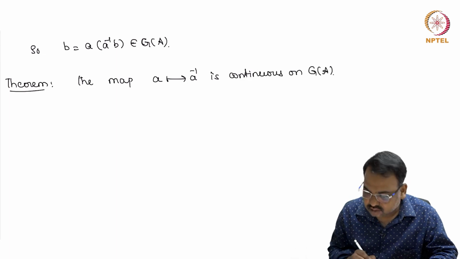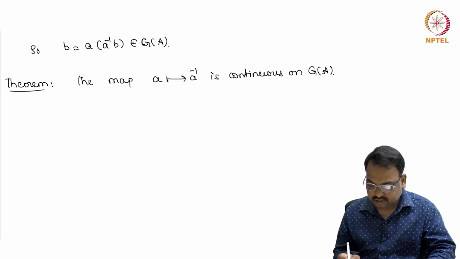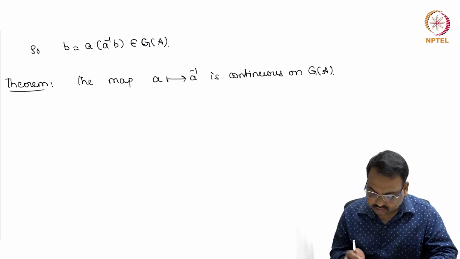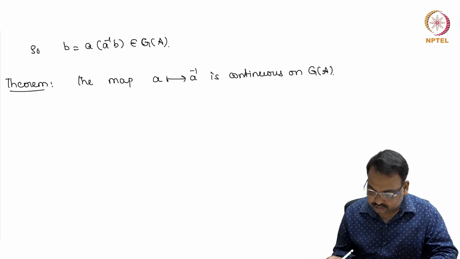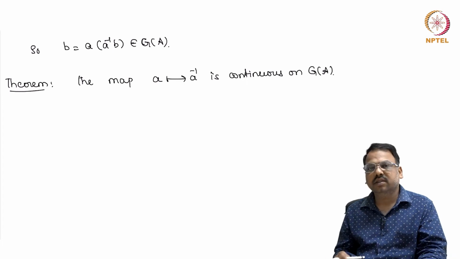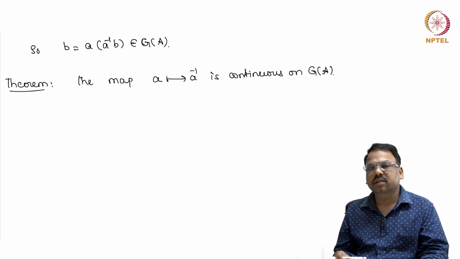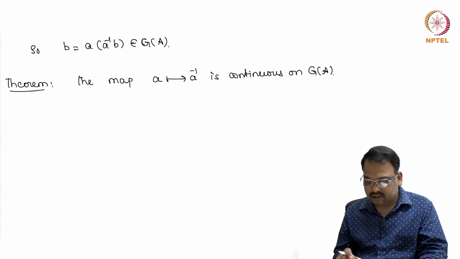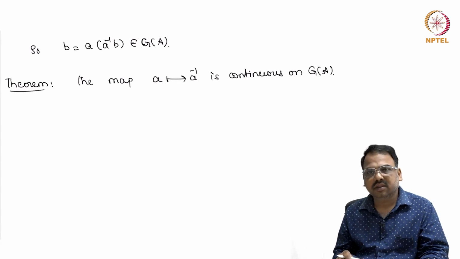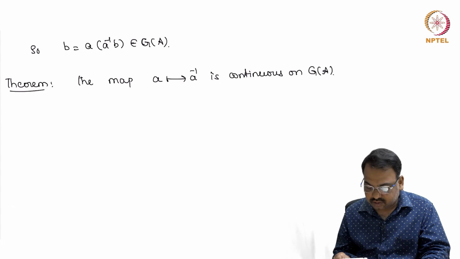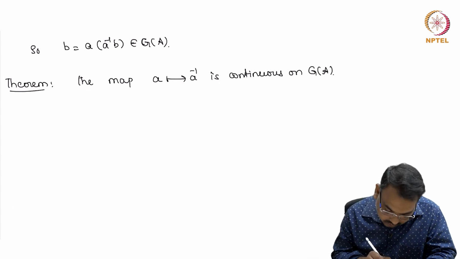Let us look at the proof. We want to show that if A_n is a sequence of elements in GA converging to A in GA, then A_n inverse also converges to A inverse. So proof: